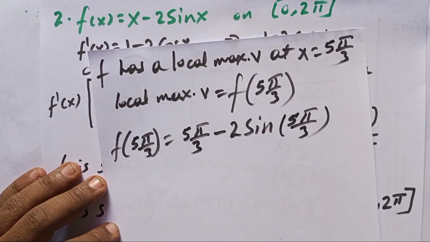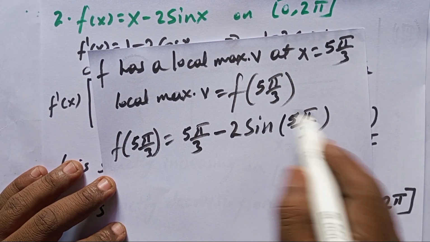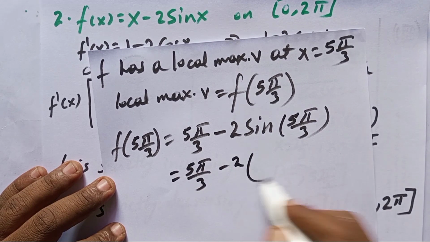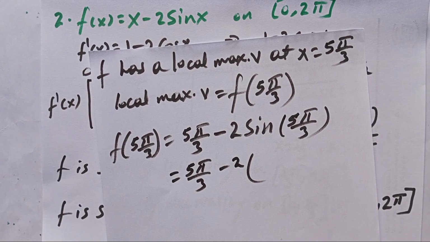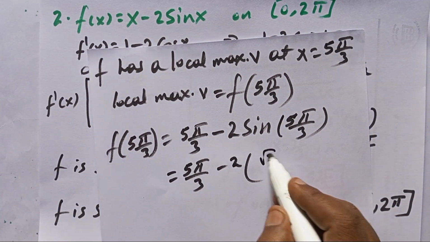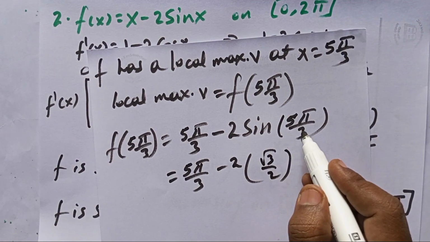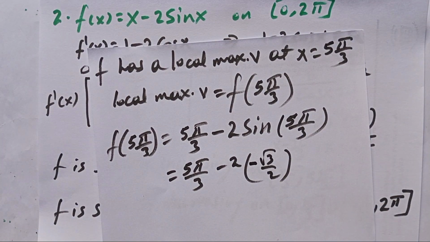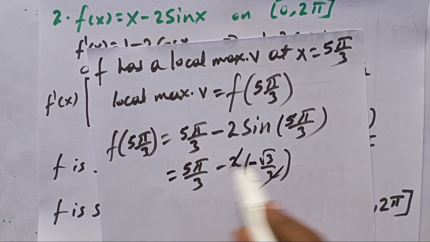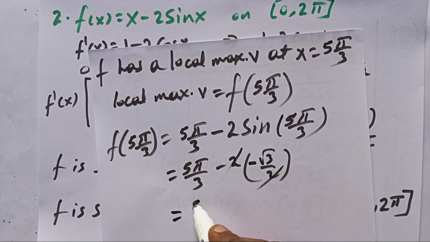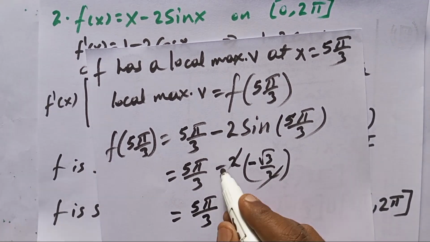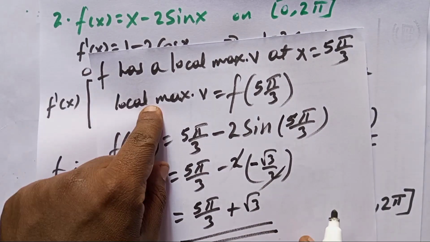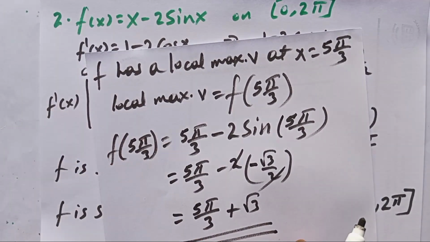Okay, students, this one is a number, but this one is radian measure. Take the trigonometric value: 5 pi over 3 minus 2 times sine 300 degree. Its reference is 60, so sine is root 3 over 2, but this 300 lies in the fourth quadrant, so the sign is negative there. So here 2 by 2 cancel out, negative times negative is positive, that 5 pi over 3, negative times negative is plus root 3, which number is the local maximum value of this function.